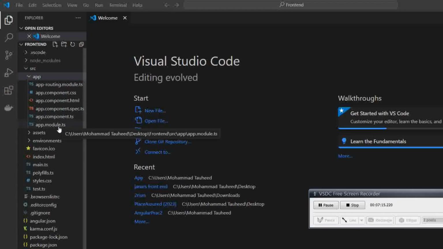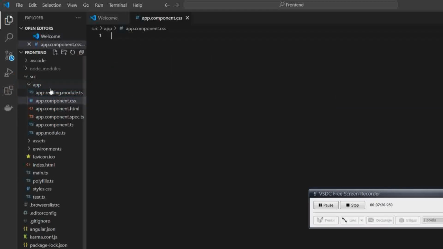Inside our src we have an app component, and in the app component we have the app-routing.module.ts file, component.css file,